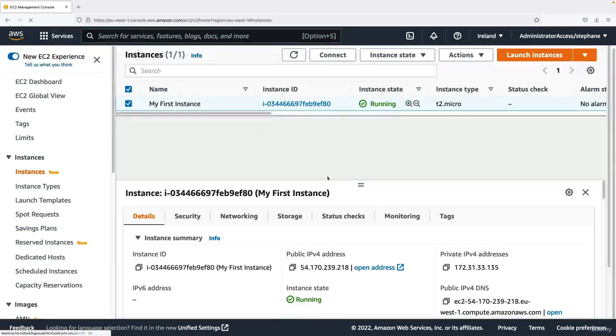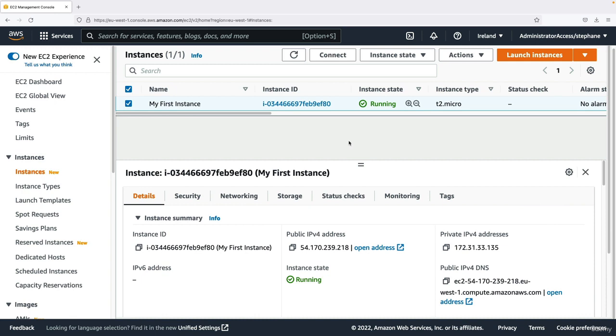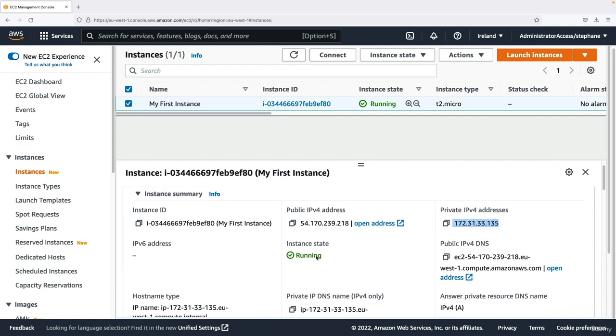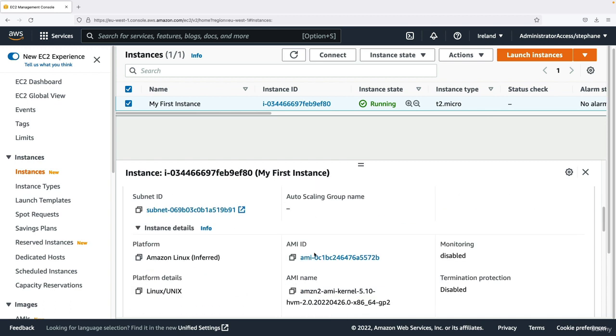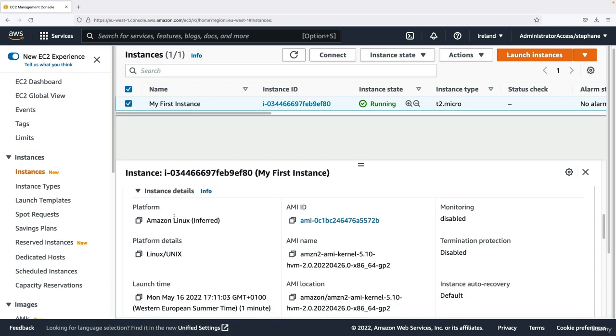So as you can see now, my instance is running, and right now I want to show you a few things, okay? The first one is that the instance name is my first instance, and there's an instance ID, which is just a unique identifier for my instance. There is a public IPv4 address. This is what we're going to use to access our EC2 instance. Then there is a private IPv4 address, which is how to access that instance internally on the AWS network, which is private. The instance is running, and we get some information around host name, private DNS, which instance type we have, so T2 Micro, as well as, if you scroll down, the AMI we're using, which is Amazon Linux 2,